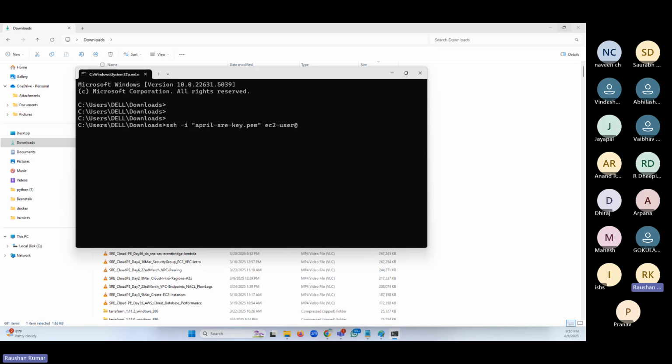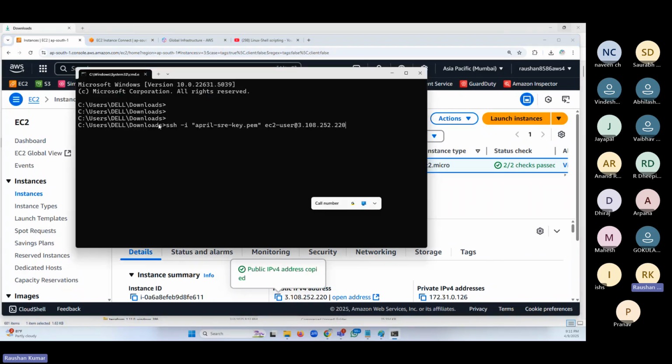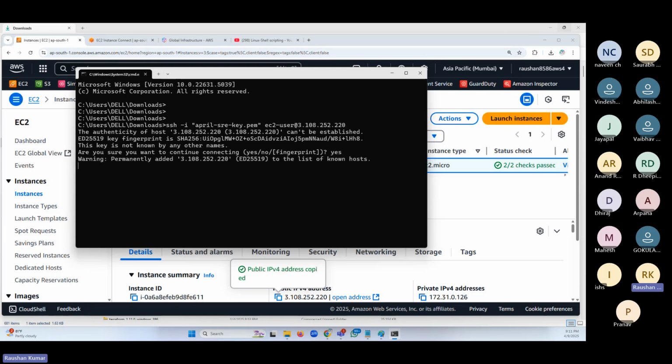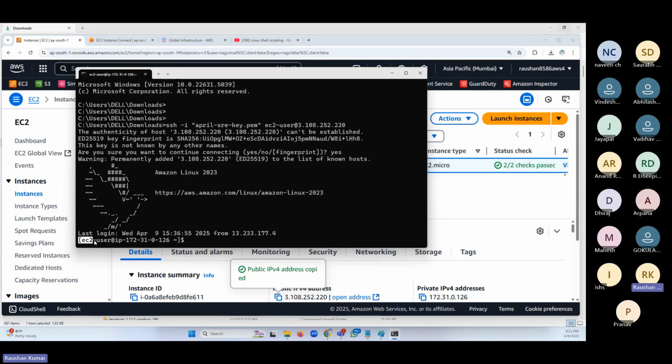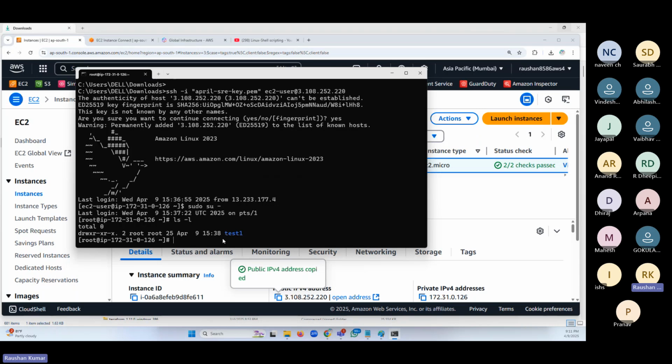So I can connect to the same server using two ways. I'm showing you another way, not to confuse you, but just to let you know that you can do SSH from here also. I have just opened the command prompt. I have the key in this location only, and I'm issuing this command. And you know what will happen? I'll be able to connect to the Linux server. Same Linux server, friends. I got connected. If I show you sudo su -, you will be amazed to see that I have this test folder here because it's the same server. I am just using a different command prompt.